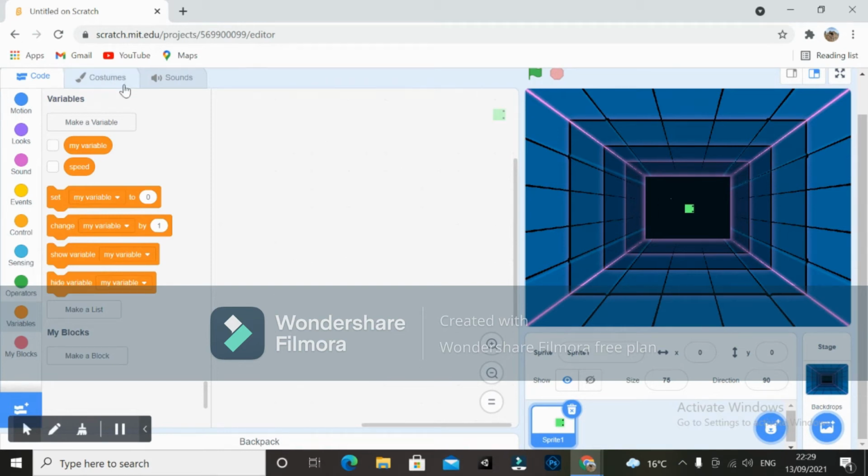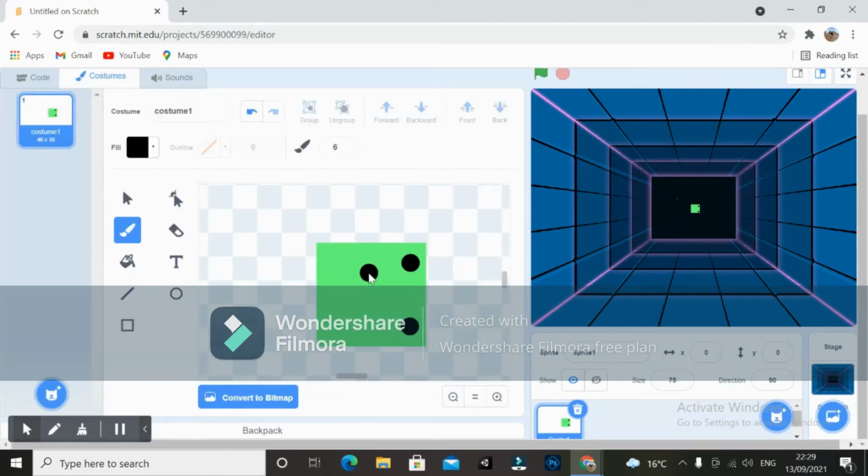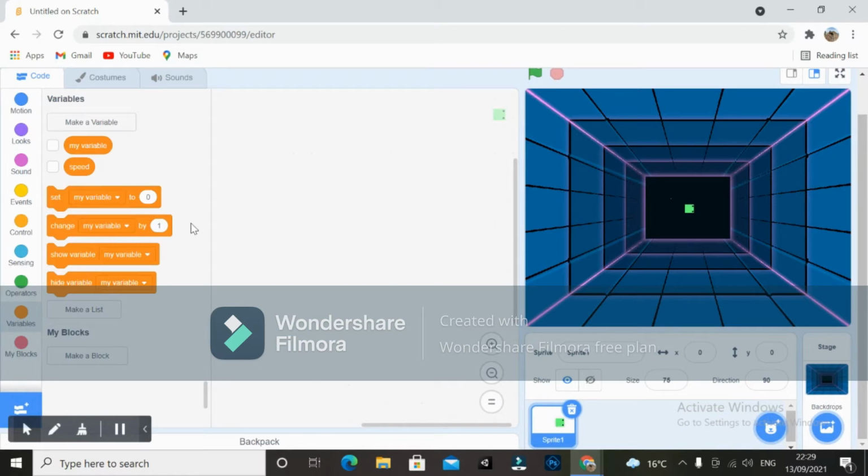Right, first you want to make this little character here. Basically this is just what I've made. You can make it look whatever you want. Basically this is probably the best. Maybe have some white eyes or whatever, something like that. And after you've done that, you're gonna start off by going to